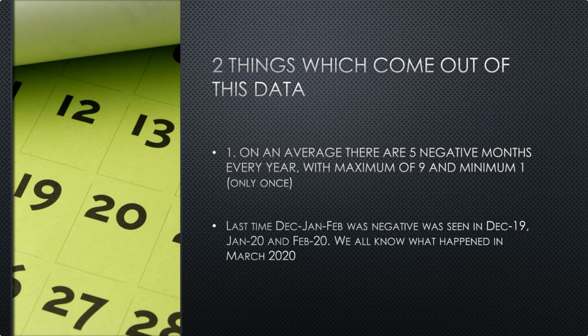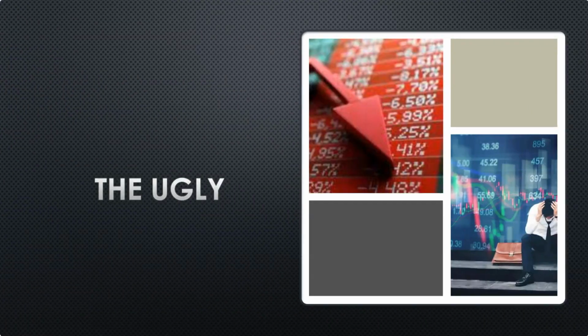Now, these two data points throw a very important picture, which also brings us to the ugly part of the market. And this, I believe, is one of the best analyses we've done, culling out the data not just from the last 20 years, but going beyond that as well. We've gone pre-2002 to try and tell you what happens in cases of exceptions. We've discussed that in the last 20 years, there have been just 3 consecutive months where the Nifty closed negative.